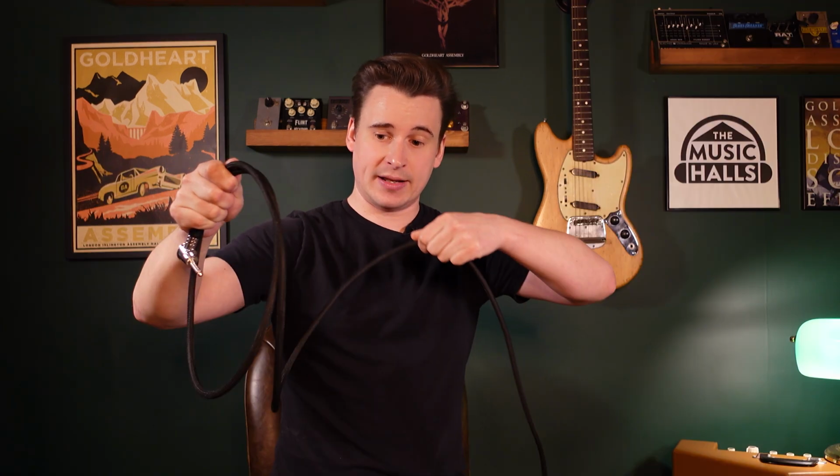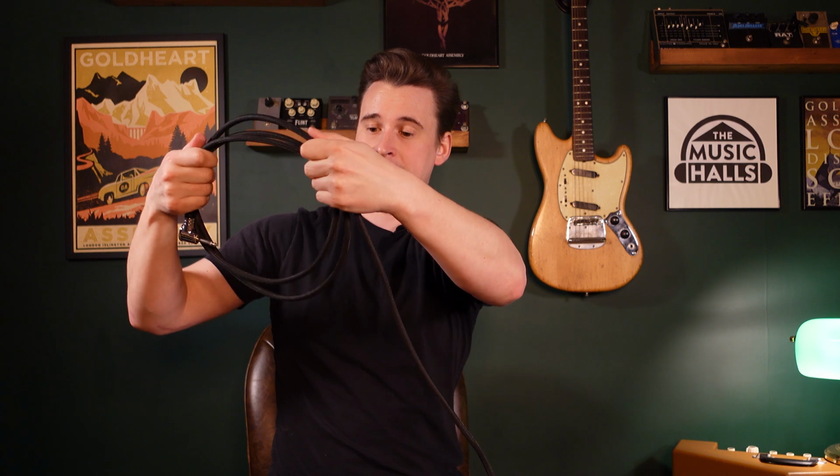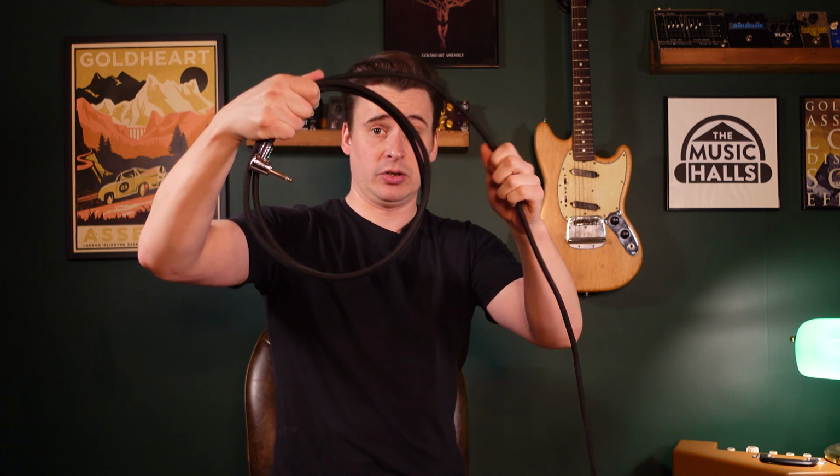Now I repeat that process again with the second loop, and you'll see here I've got a little bit of a twist. So I'm taking that out, start it again, twist, and then bring this loop up to the first loop, making sure we've got a nice even loop. And then we just keep repeating that process: bring it up, twist, up, around and twist, until we're left with